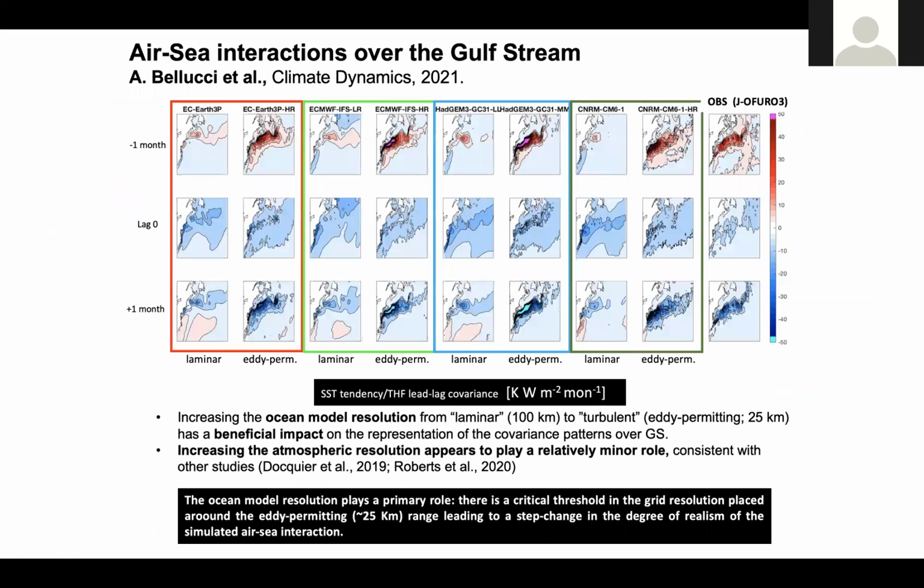And Alessio Bellucci et al. have also looked at air-sea interactions. And basically, they're looking at different regimes, and they're showing what happens also with these lead-lag correlations between the SST tendencies and the